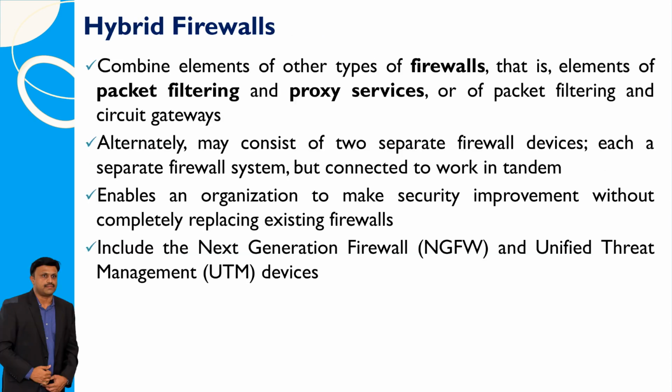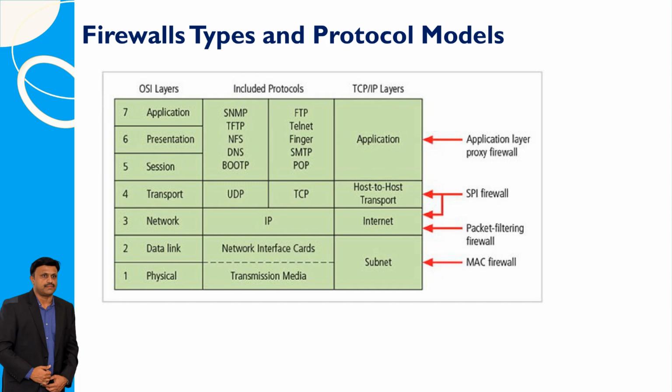A hybrid firewall integrates features from various types of firewalls, such as combining packet filtering with proxy services or circuit gateways. Alternatively, it may involve two distinct firewall devices, each operating independently but interconnected to function collaboratively. This setup facilitates security enhancements for organizations without necessitating the complete replacement of existing firewall systems. Next-generation firewalls and unified threat management devices are included within this framework. Firewalls encompass various types, including packet filtering, stateful inspection, proxy, next-generation firewalls, and unified threat management systems, each offering distinct